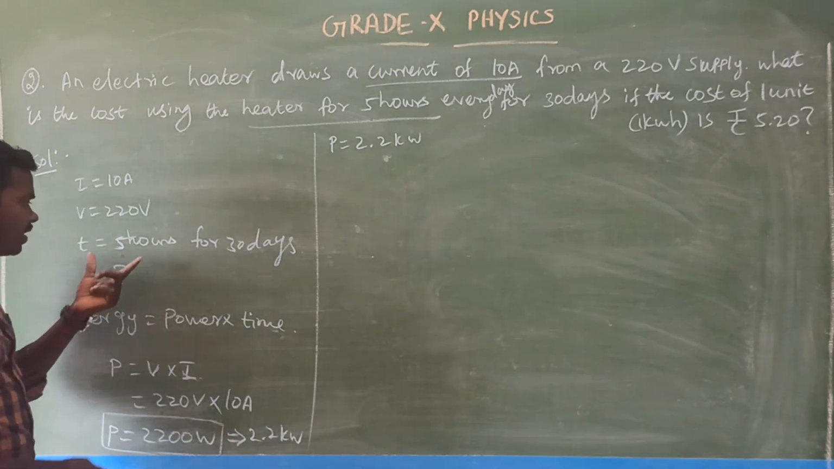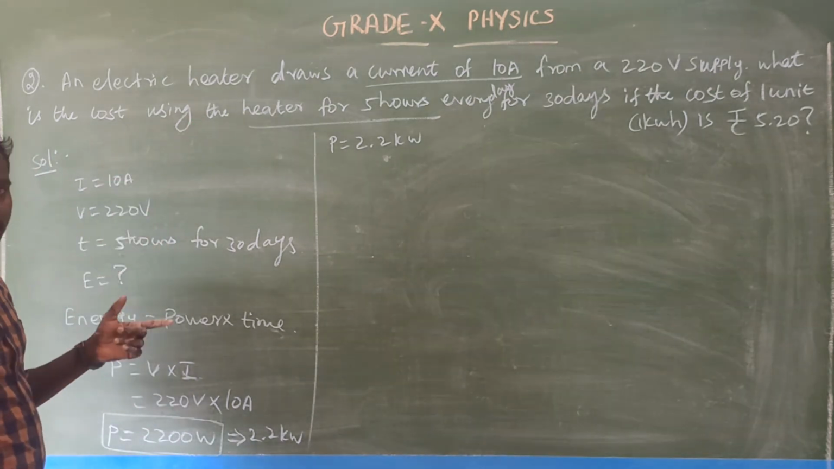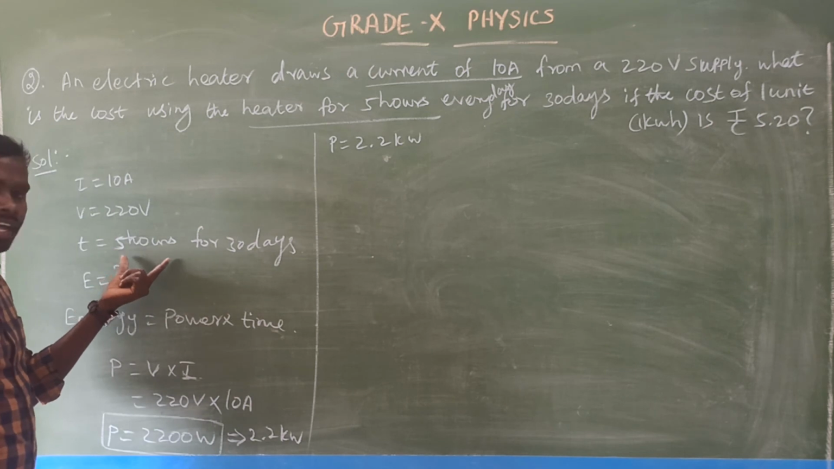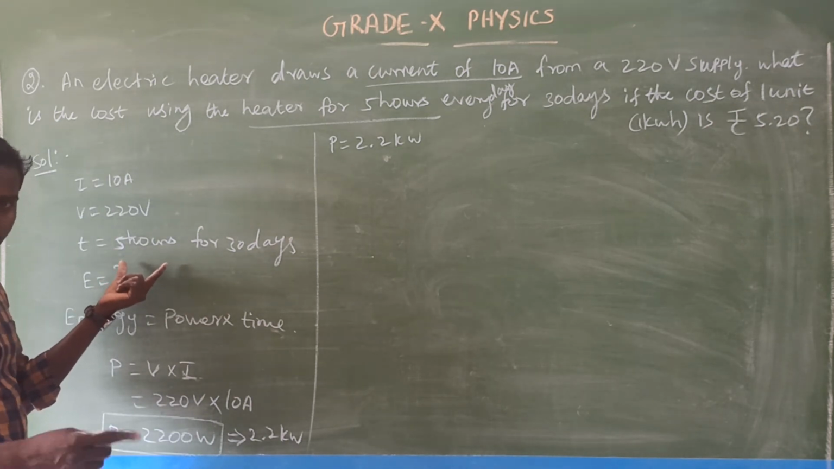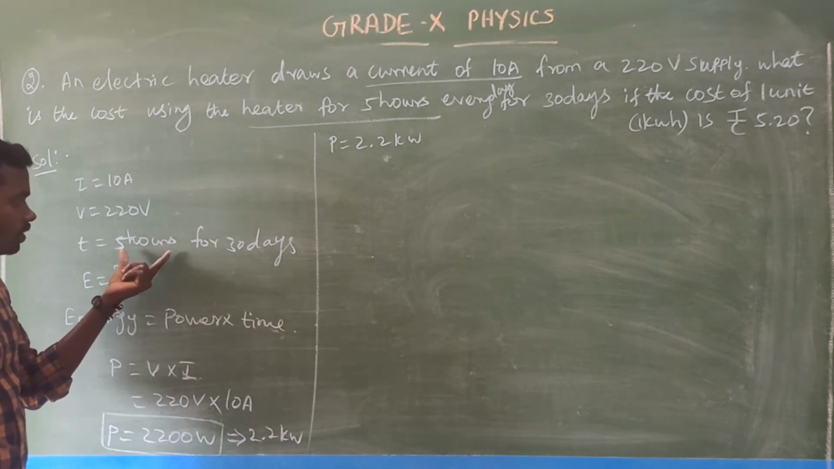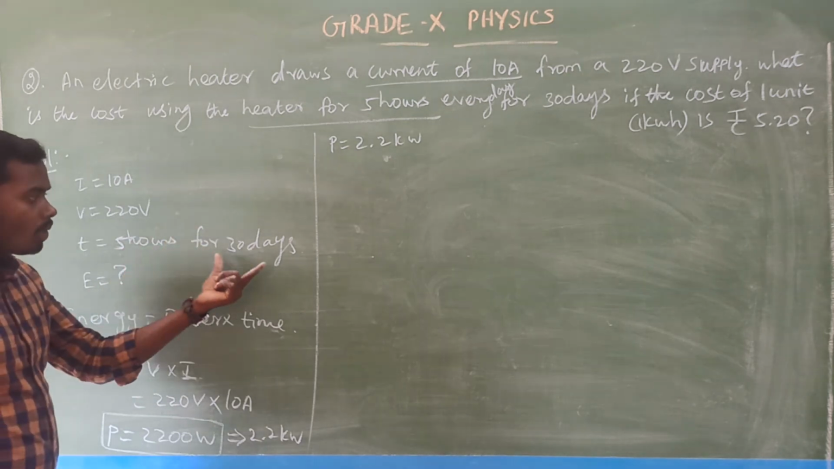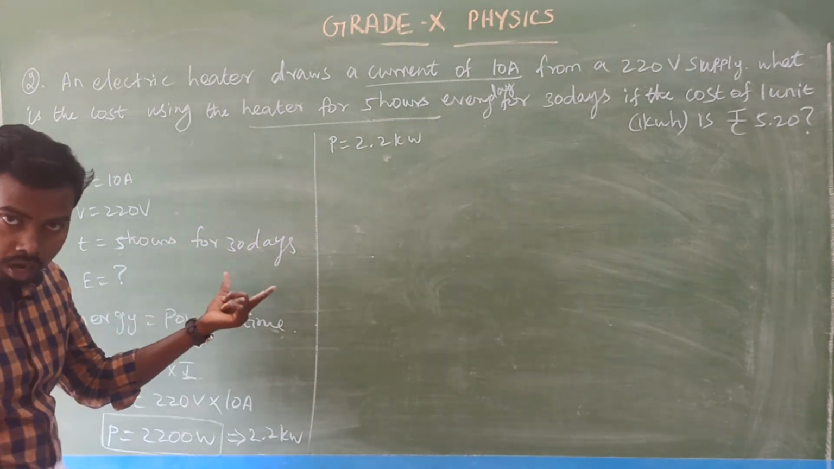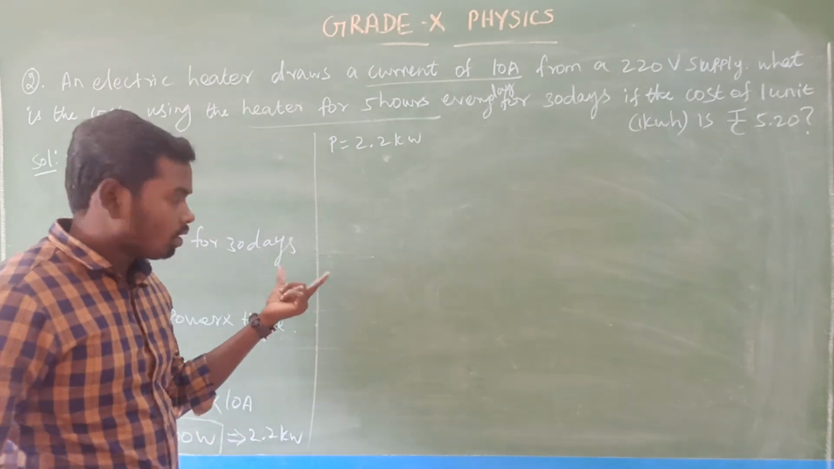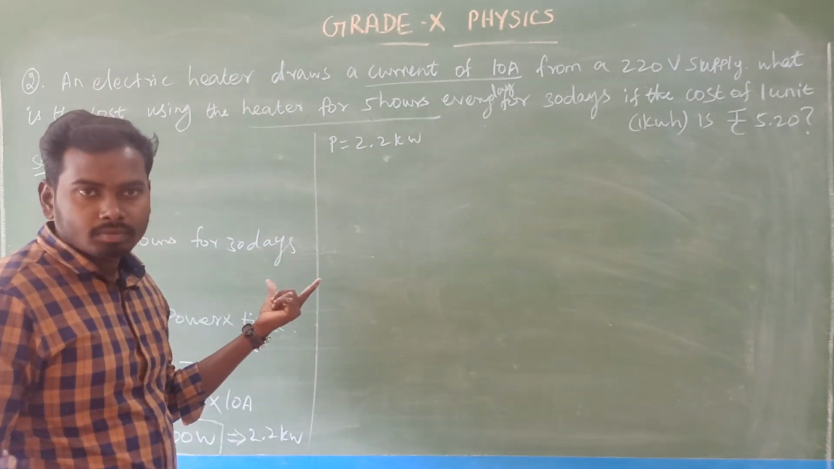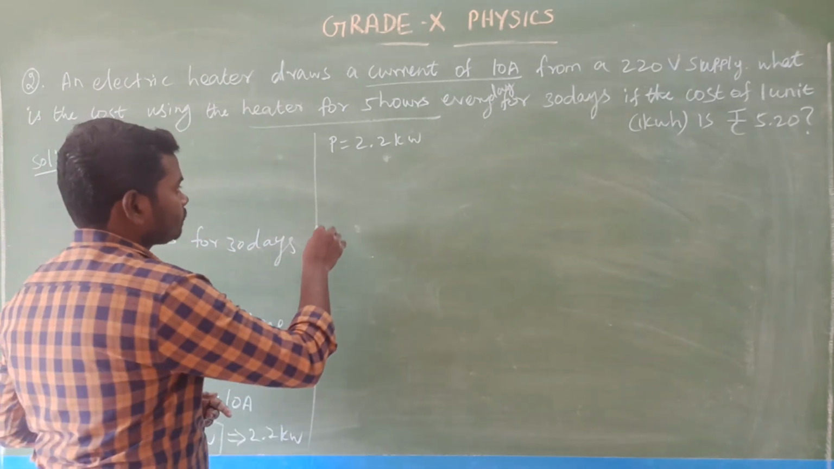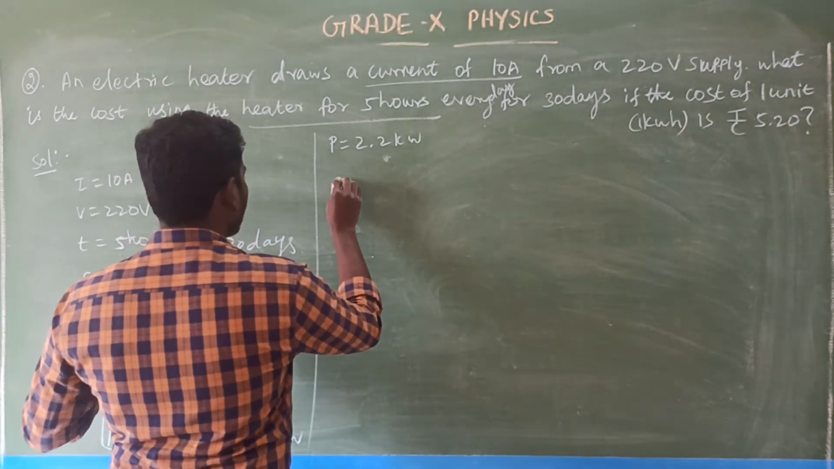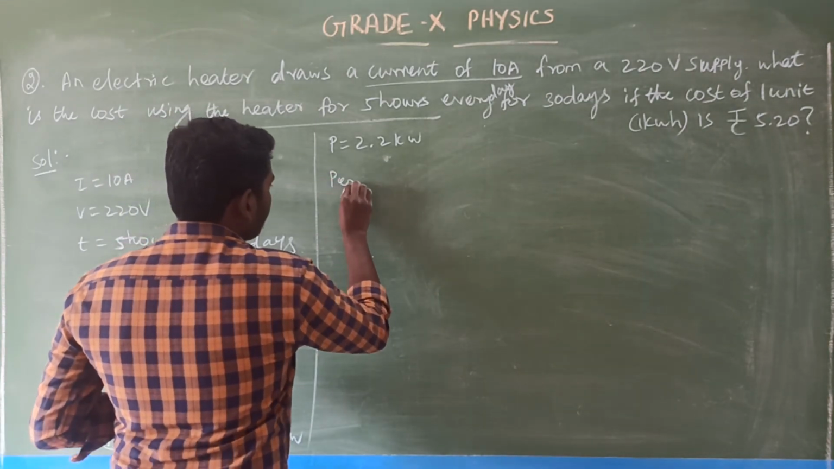Because look at here. Here the electric heater is functioning every day 5 hours. So if it works 5 hours for every day, how many hours will it run for 30 days? Look at here, time. Per day